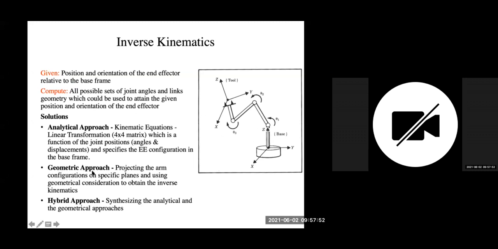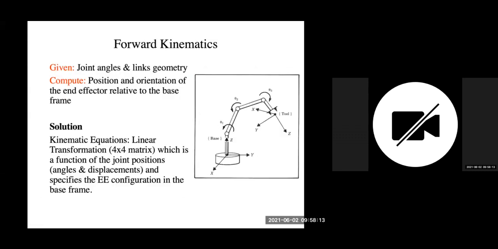The other one is called the geometric approach. It's projecting the arm configuration on a specific plane and using geometric consideration to obtain the inverse kinematics. You want to find a relationship in a geometrical way. The hybrid is trying to synthesize the analytical and geometric approaches. I didn't talk about the details, but you can sort of imagine what inverse kinematics and also forward kinematics are trying